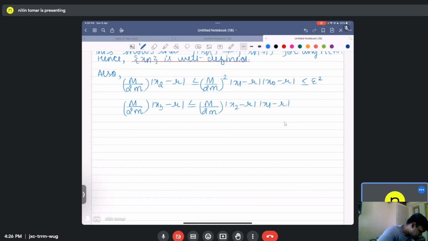But this quantity, mod x2 minus r, is again smaller than, by the above, M by 2m square, or directly, now you conclude. So this is less than